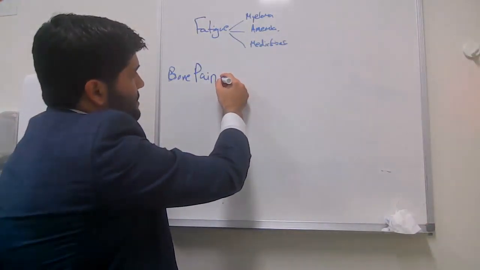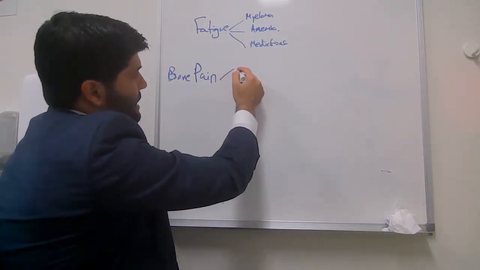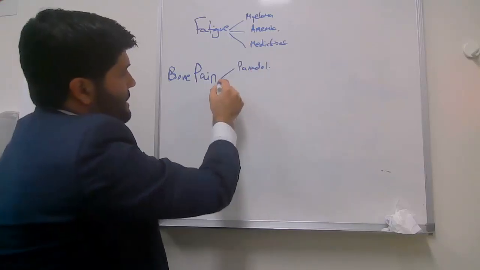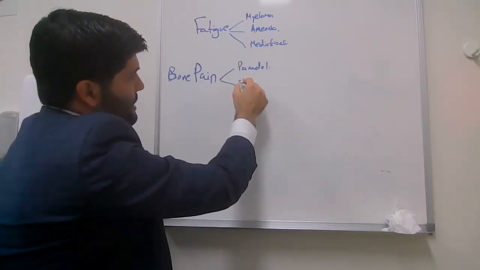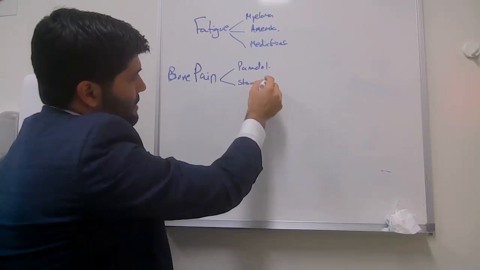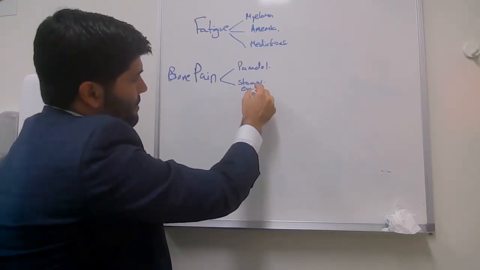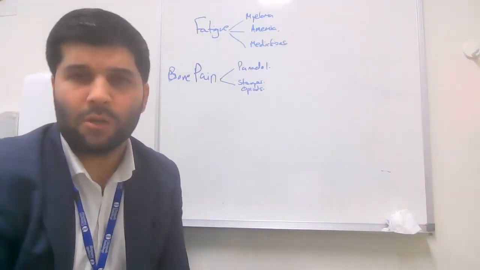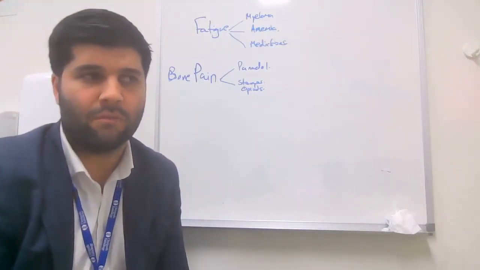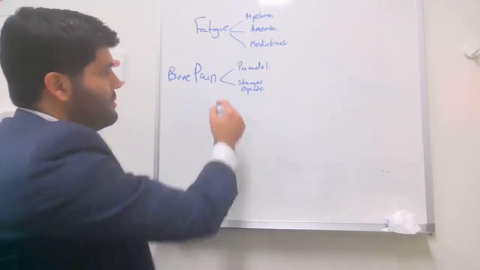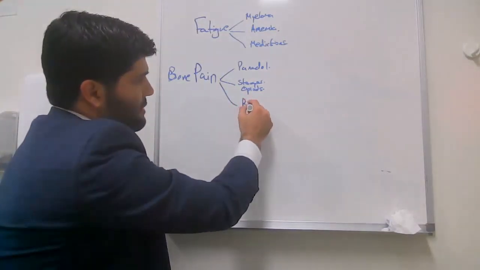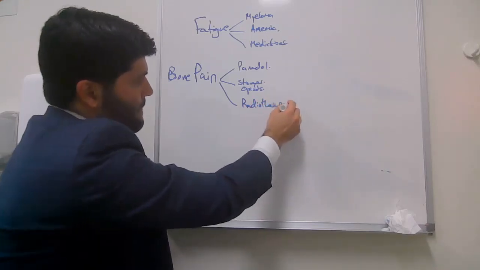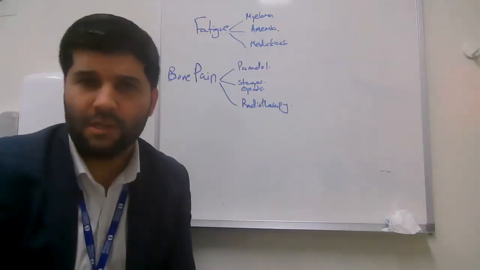Managing that often involves using medications, so using simple things like Panadol. If that doesn't work, we can use stronger medications, even opioids. If there is a particular spot in the bones that is causing a lot of pain and symptoms, sometimes we can use radiotherapy to that particular spot, and that can help. And occasionally, people